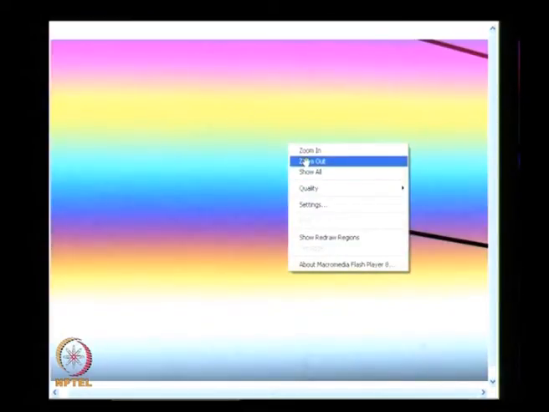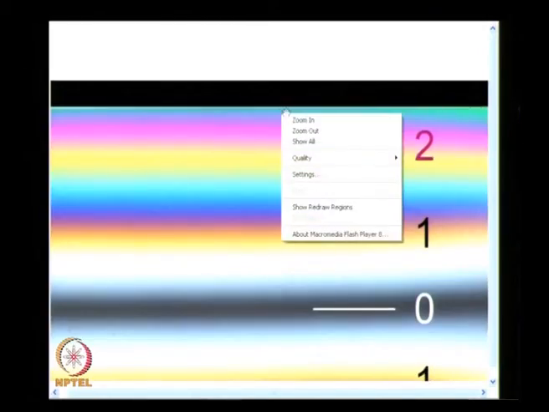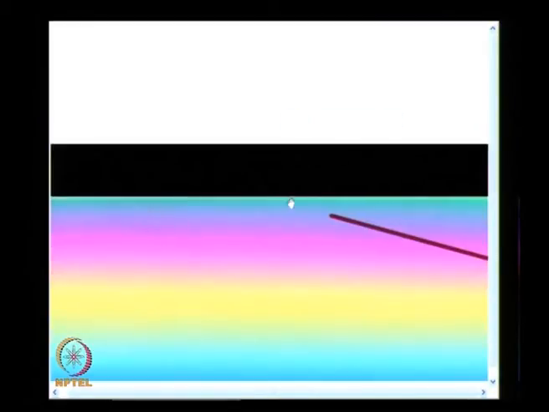So, this is for your fringe order 1 and this is for your fringe order 2. You notice the difference in the red between the two.